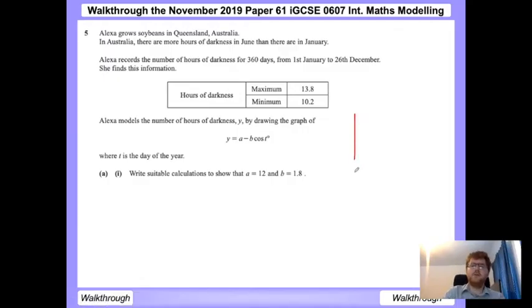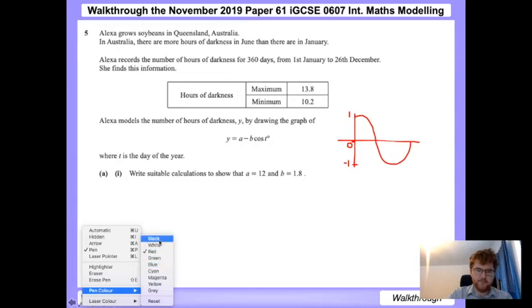So a general cosine model, we're going to take the positive version, goes like this. Okay, so you start at 1, it goes down to -1, then comes back up again, and the middle point is 0 here, yeah? So this is our line of rotational symmetry, so to speak. So notice it goes between 1 and -1 here. Okay, so this is always halfway between this point and this point. Now, in the model that we're given here,